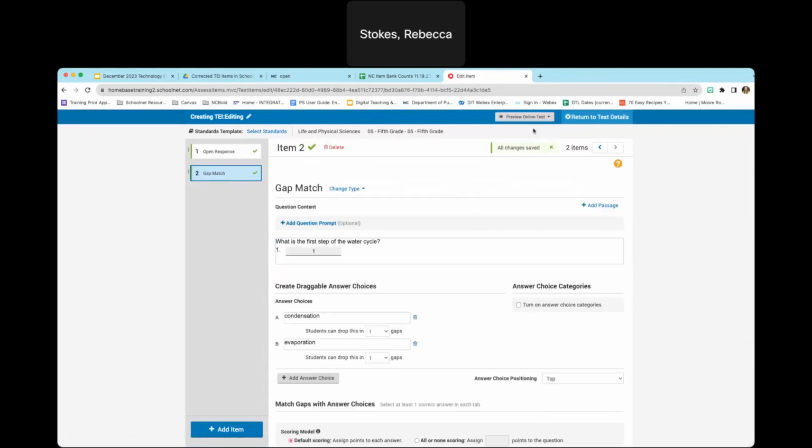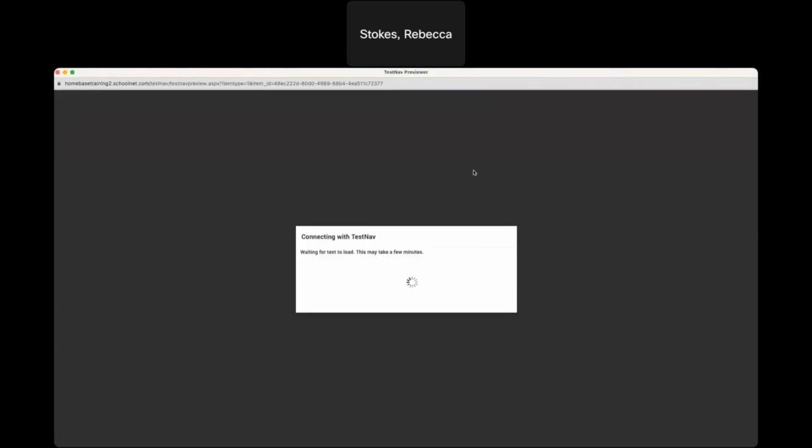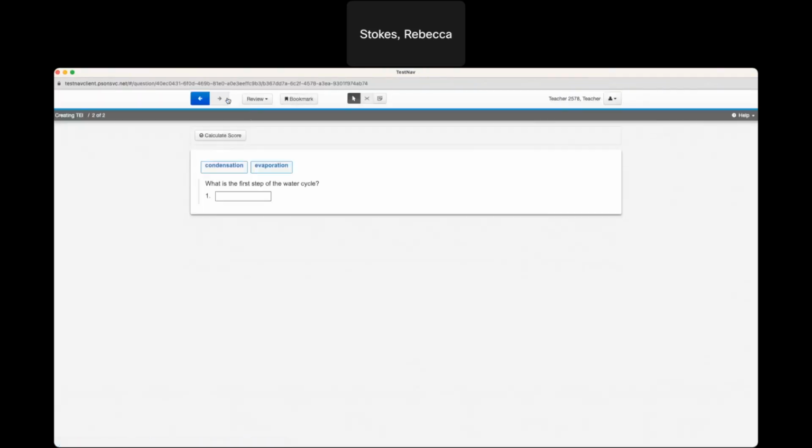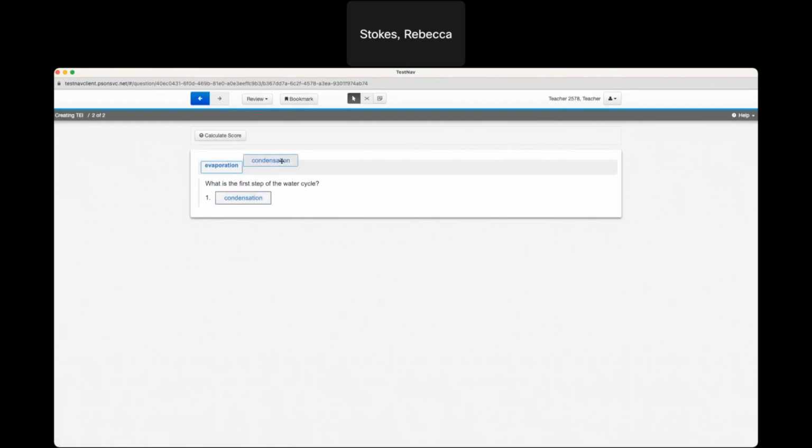And now I can preview what this looks like as a student before I actually deliver it to my students, because we always want to preview beforehand. So this is my gap match where it's like drag and drop, but they're actually dragging it into the box, and then that word will now appear there instead. They can change their mind and drop the other one, but that gives you an idea of what that looks